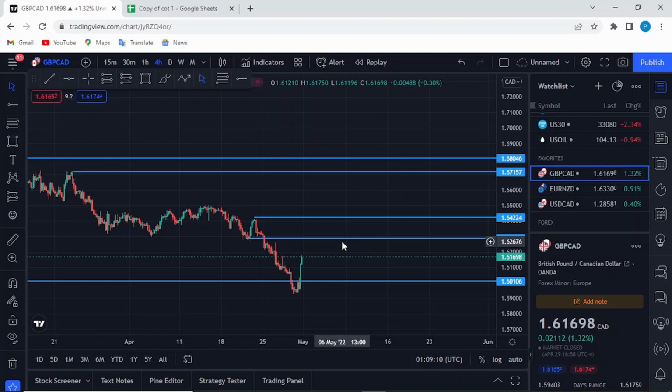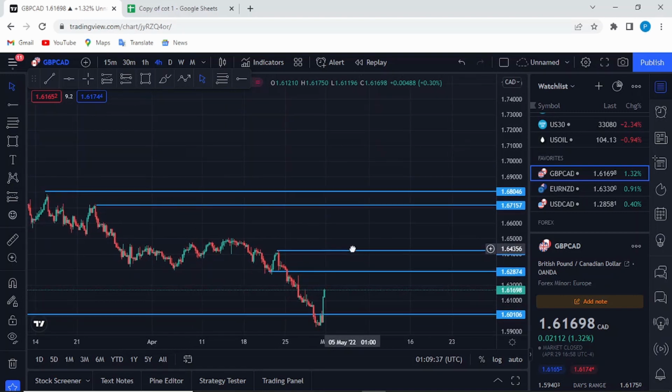But in the world of trading, we don't know what is going to happen, so we are going to monitor what price does at these resistance levels and see if it is going to hold or not. Price can also find support at these resistance levels and even buy up higher. Considering the COT data, price is going to buy up and then probably reverse when it comes across an area of resistance in the market, but that is not certain. It can also find support at any area of resistance in the market and